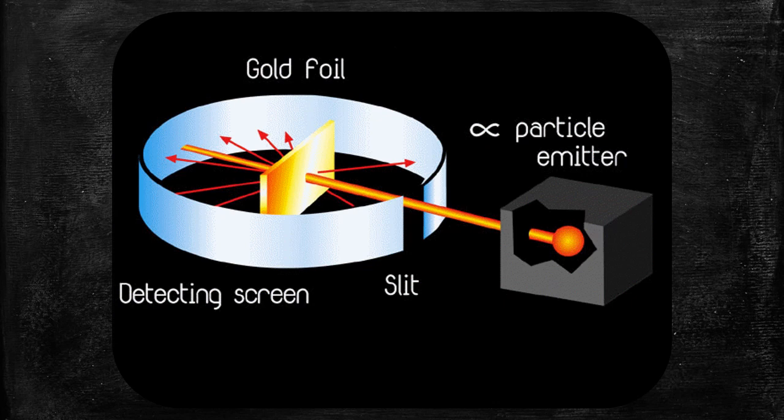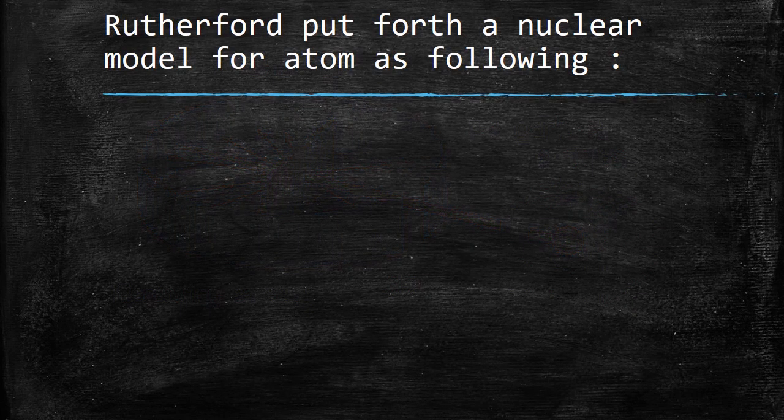The larger number of alpha particles that went straight through the foil indicates that there was no obstacle in their path. It meant that there must be mainly empty space inside the atom in the solid gold foil. The small number of alpha particles that got deflected through a small or a big angle must have faced an obstacle in the path. It meant that the positively charged and heavy part causing obstruction would be in the center of the atom. From this, Rutherford put forth a nuclear model for atoms as follows.